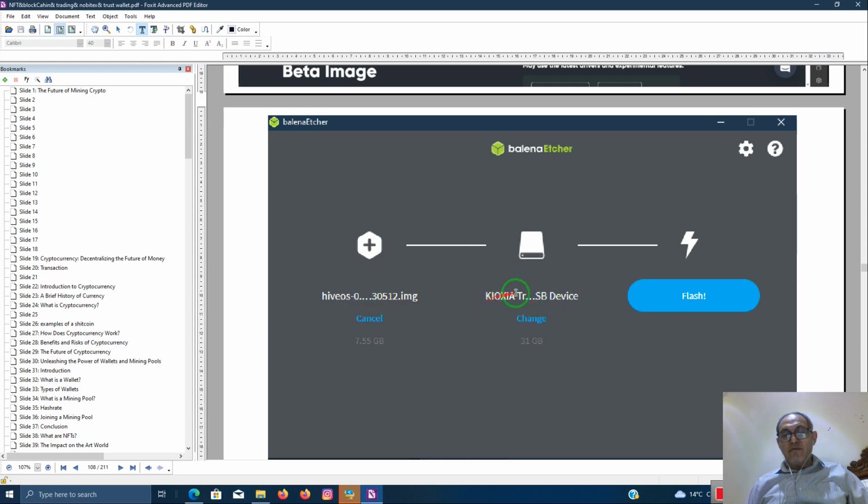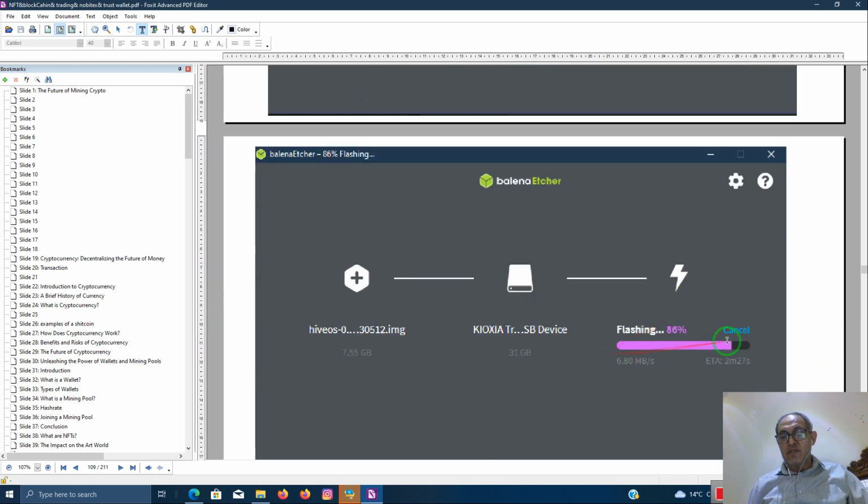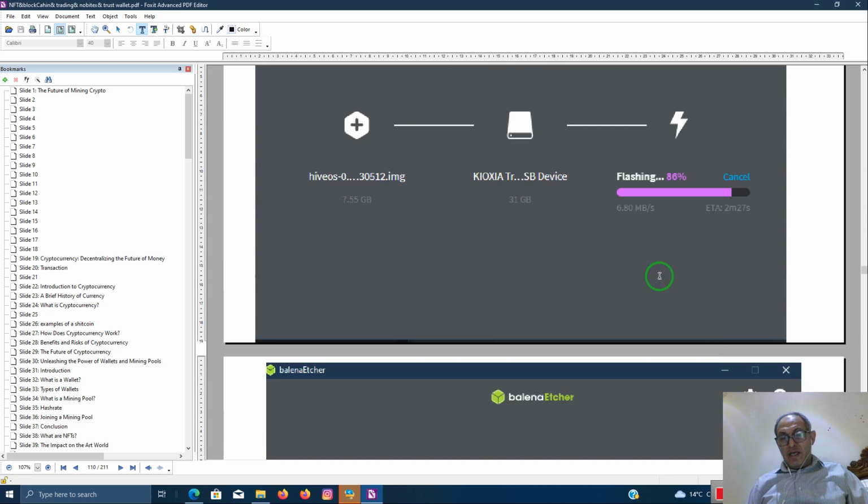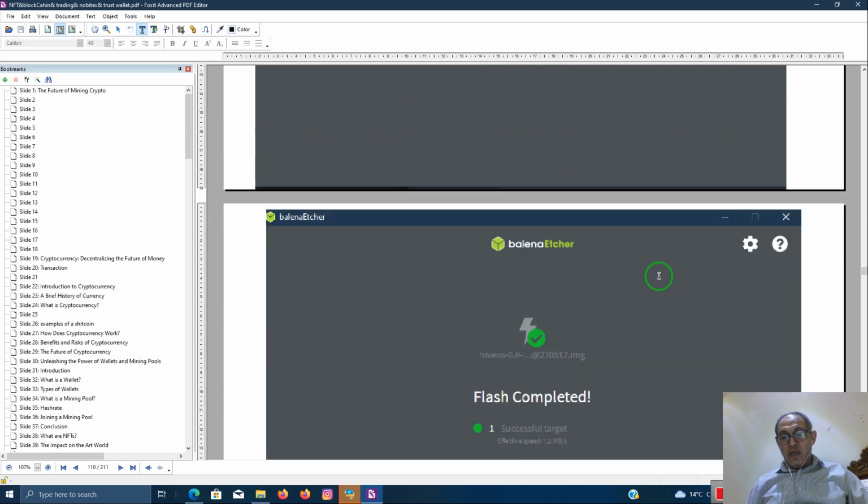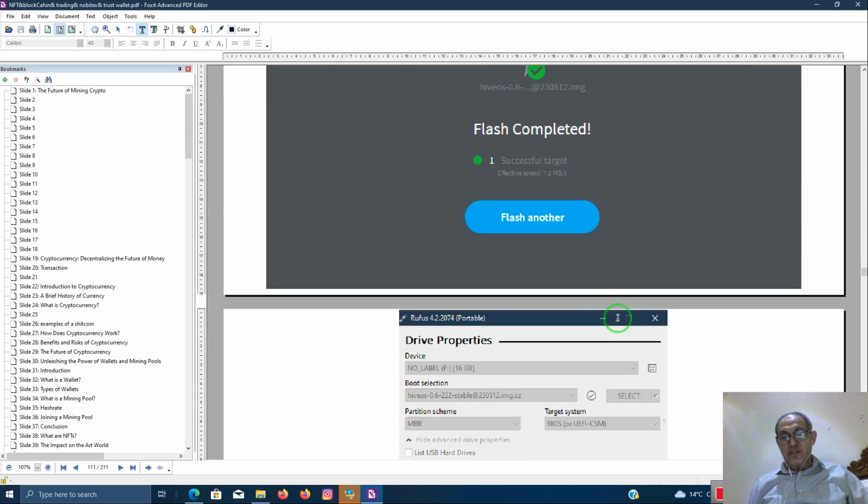It's the name of the flash memory that you have, and flash it using press flash, and then it will start and finalize creating your flash disk. And then once your flash is finished,